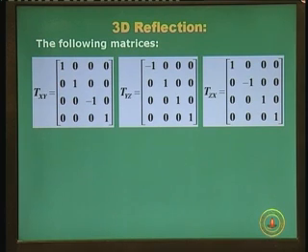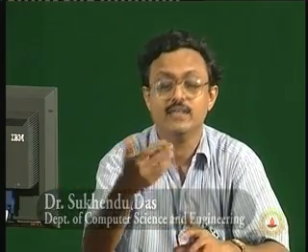This is true with respect to the reflection which we actually see over a mirror, and we put a mirror in front of you. Actually you can see the reflection of yourself on the mirror or for some other object, and the reflected object actually appears behind the mirror. So you are looking at a reflection across or about a plane. So in 3D we talk about reflection about a particular plane,